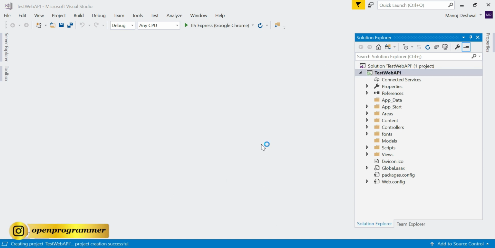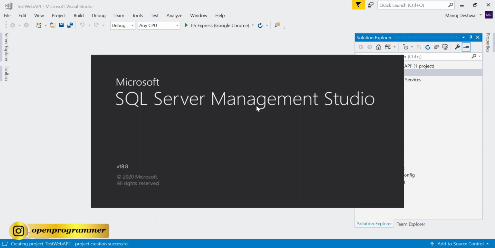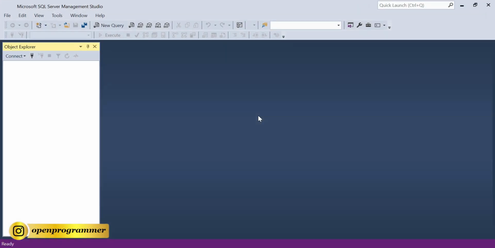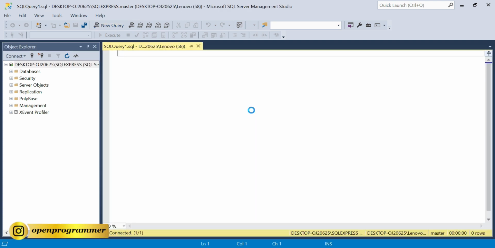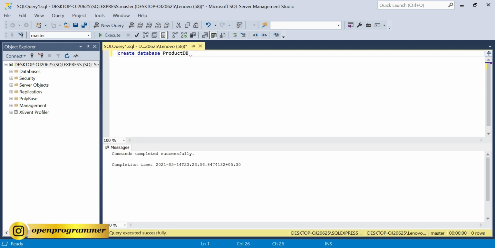let's open SQL Server because we need to create a new table. I'm using localhost, new query. Let's create a separate database first. Let's say product DB, and inside the product DB, let's create a new table,